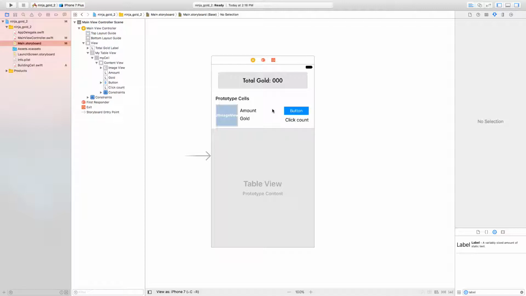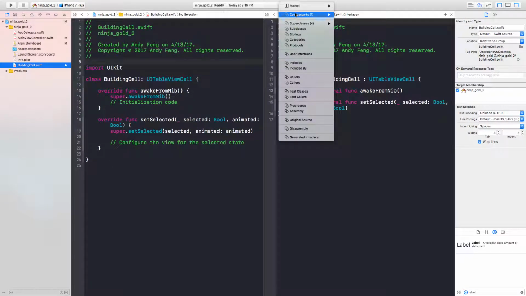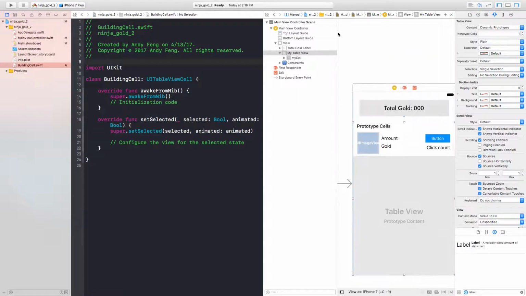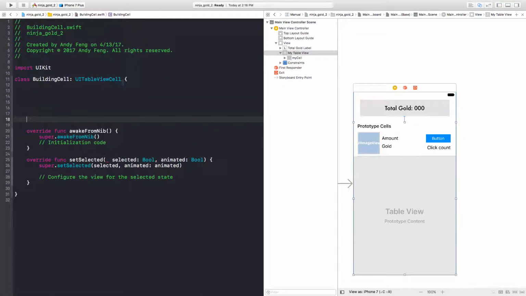All right, so we have our custom cell. We have all of our labels in here. What we want to do is we want to make some outlets and actions for these things, right? And because we made this building cell class, this is where we want to connect the stuff inside of the cell to. Right, so I'm just going to close these two so we can see more stuff. So inside of the building cell,